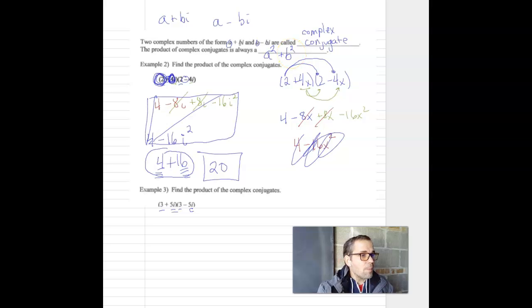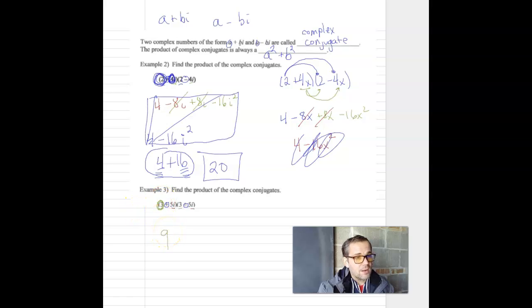So let's try to apply that to the second example here. First of all, I've got to make sure the pattern fits. Are these in fact complex conjugates? Yes, they are. I can tell because it's the same number here as here. The imaginary component has the same coefficient. One's plus and one's minus. So the shortcut is take this value 3 and